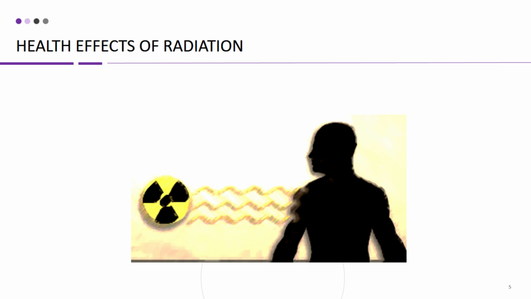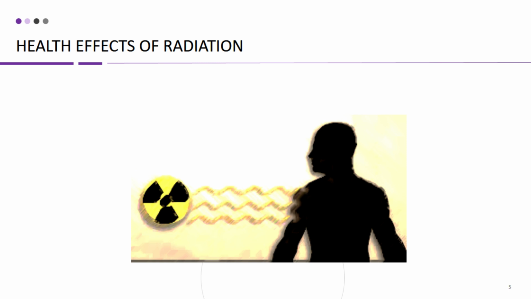Long-term effects of radiation exposure can include an increased risk of cancer and genetic damage. Ionizing radiation can damage DNA in cells, which can lead to mutations and potentially cancerous growths. Children and fetuses are particularly vulnerable to the long-term effects of radiation exposure, as their cells are still developing. It's important to note that the level of radiation exposure necessary to cause health effects varies depending on the individual and the type of radiation. Some people may be more susceptible to radiation damage due to genetics or other factors.